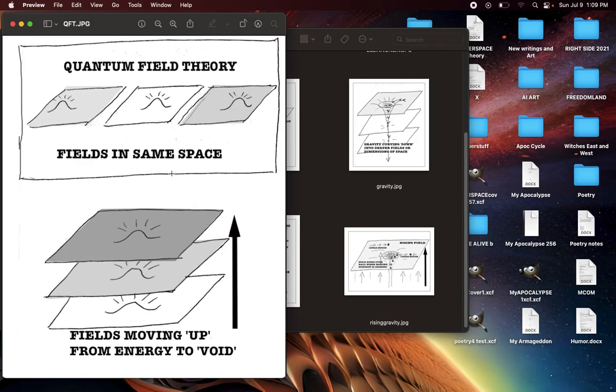And so, instead of the excitations being in just fields that are all sort of together in a single space, the excitations are in fields which lie alongside each other, moving from the energetic deeper down, or deeper in, to the more entropic. So quantum particles are, well, let's say excitations for now, in fields that lie alongside each other in order from the energetic to the entropic.